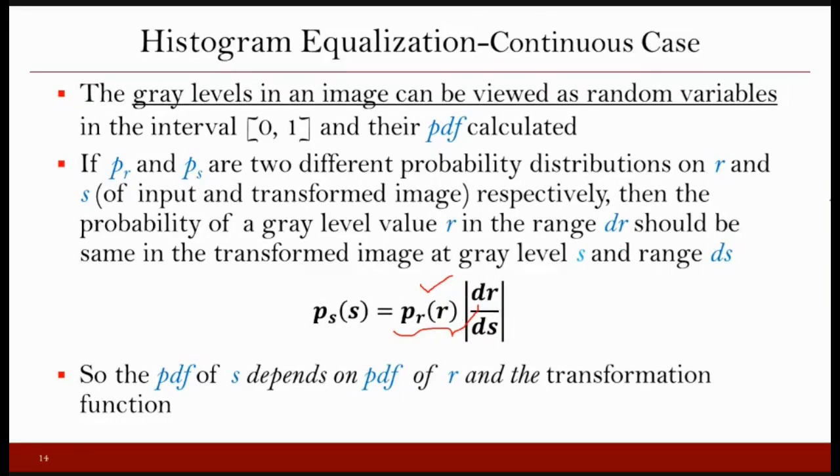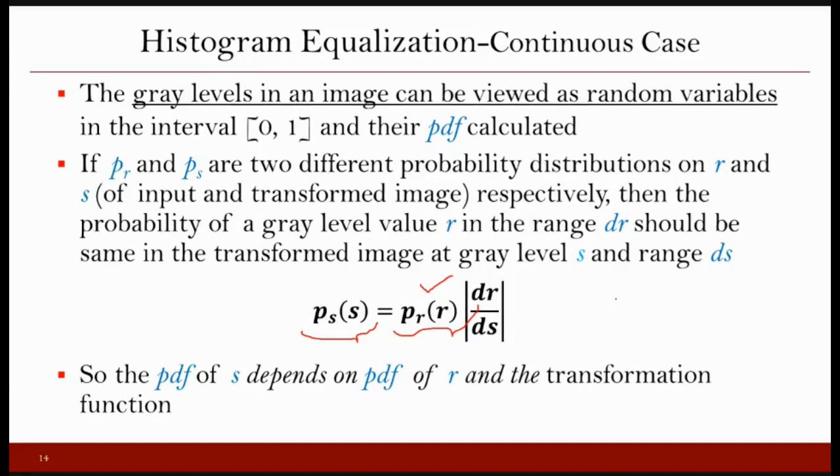So if you have a probability distribution for the input image, p_r(r), and let's say after doing this transformation you have an output image for which you have the probability distribution as p_s(s),